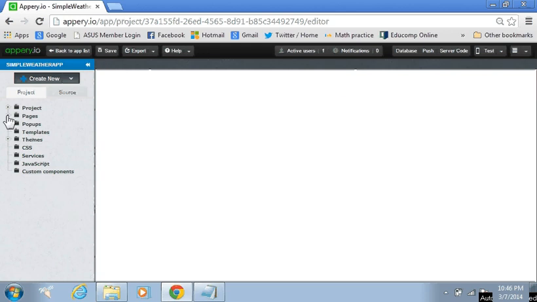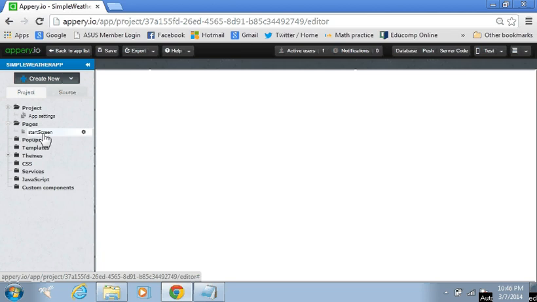As you can see on the left hand side, there's a tree-like structure which contains the project. The project node contains the app settings. We'll come back to these app settings a bit later. Meanwhile, there are also pages. The default app has already created a start screen for us, which we can readily start using.